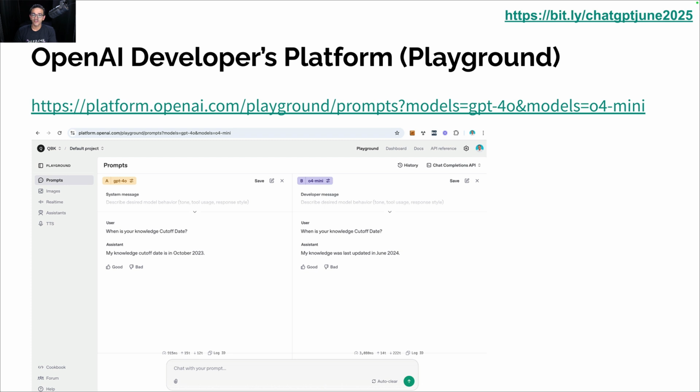So the first thing I want to make sure that people are intimately aware of is that OpenAI has a platform that they open for third-party developers. And because we're going to go into ChatGPT and we're going to see that there's so many different models, it becomes really confusing to know, okay, which models should I be using? Which option in ChatGPT should I be using?